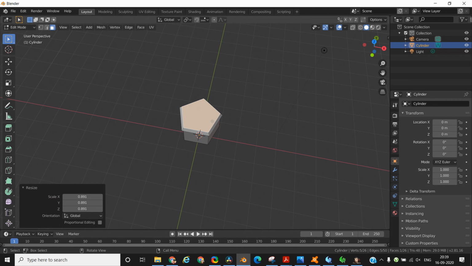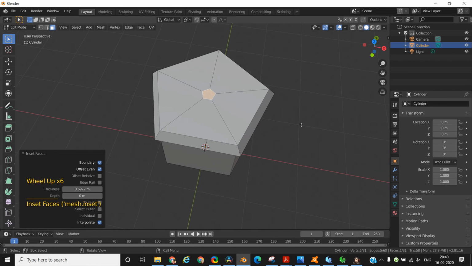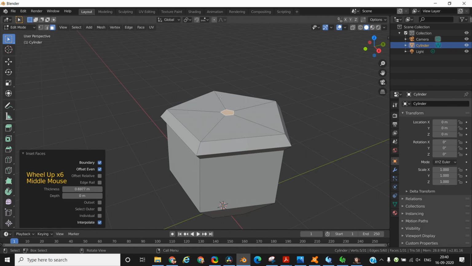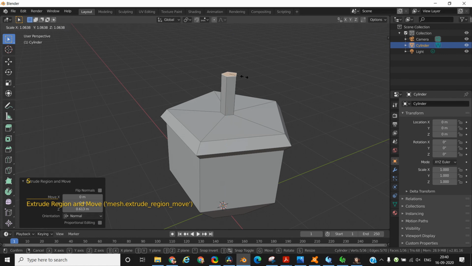Now currently there is nowhere you can extrude from the center, so you need to create an inset face within the same XY plane. To create an inset, the shortcut is I, and then you move your mouse till you reach the desired inset polygon. Now from this center face, the stem is going to crop up, so I'll press E and I'll extrude it along the normal, and then at the top I want to scale it a little bit so it looks like a stem.